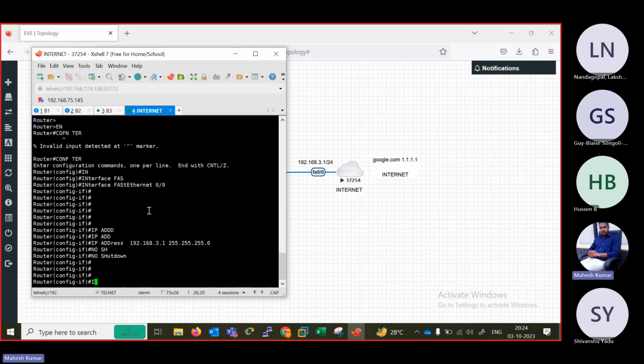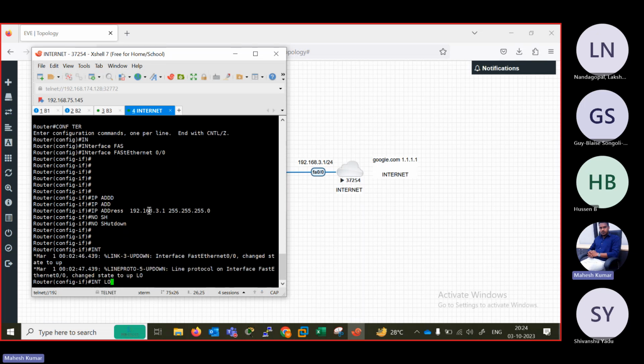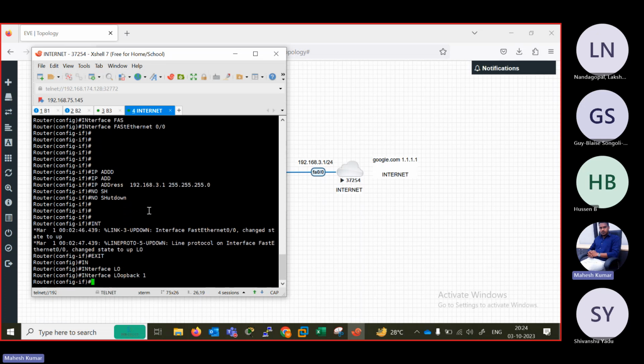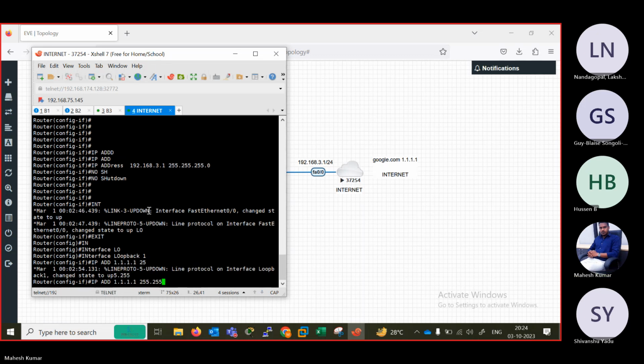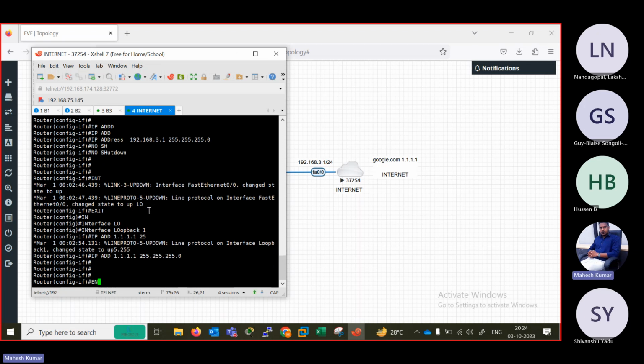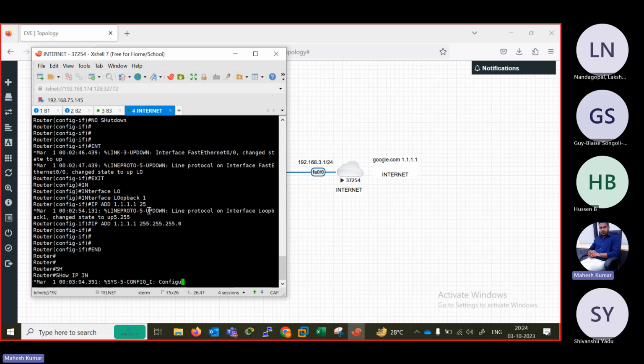Okay. Here also we're creating one interface, loopback one. An IP address we are keeping as 1.1.1.1 255.255.255.0, no problem. Okay. In IP route here we cannot do the default routing because this is